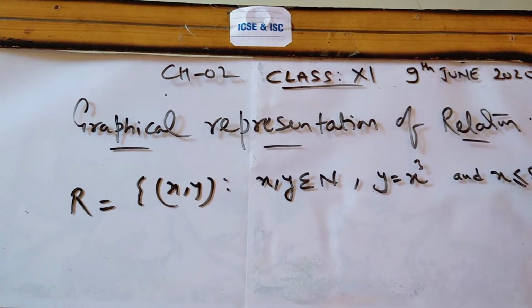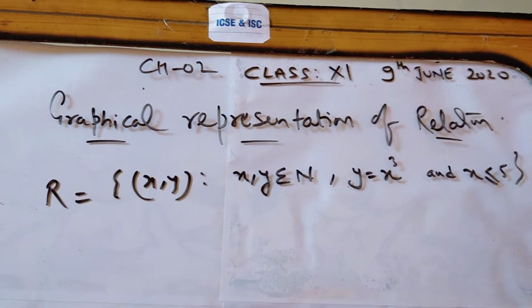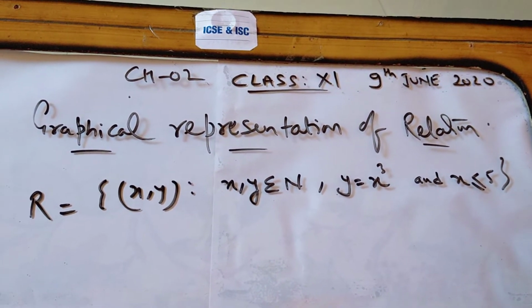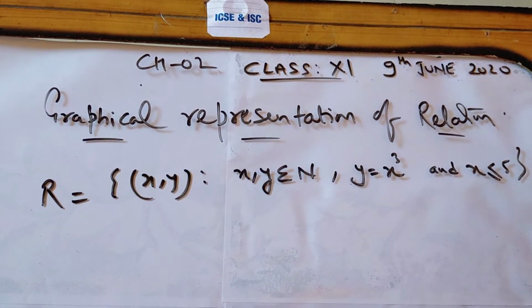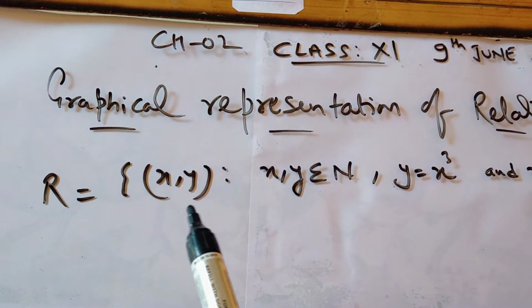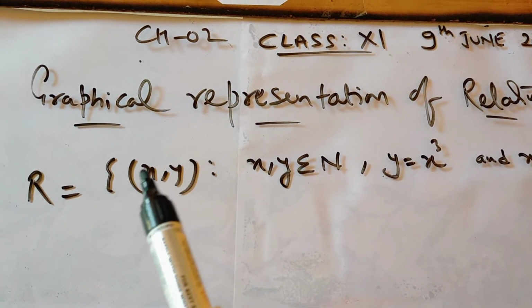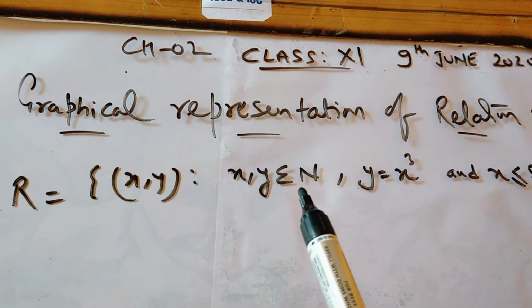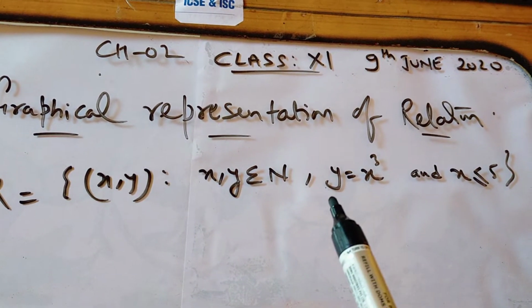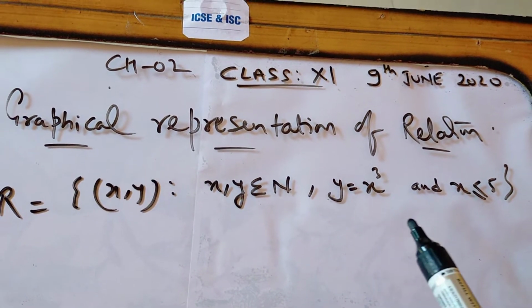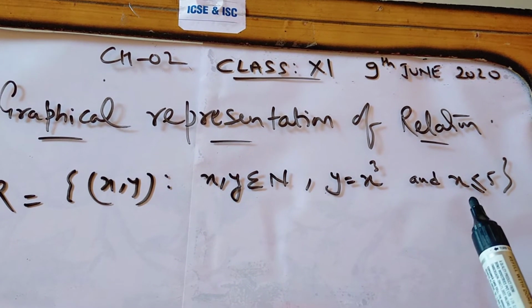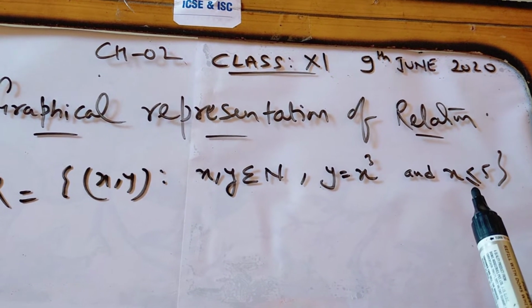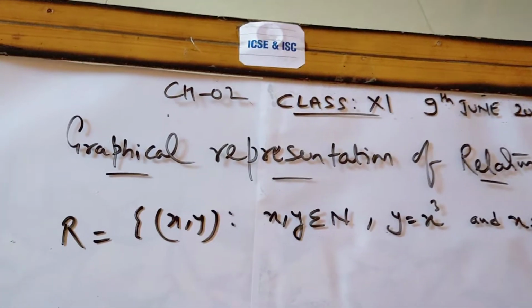Good morning, students. Today we are going to start with the graphical representation of relations. Let's take one example. This is the relation R. Its element is denoted by the ordered pair (x, y), where x and y belong to natural numbers, and the value of y will be x cubed. The x will be less than or equal to 5, which means we will take all the natural numbers less than or equal to 5. So let's start the